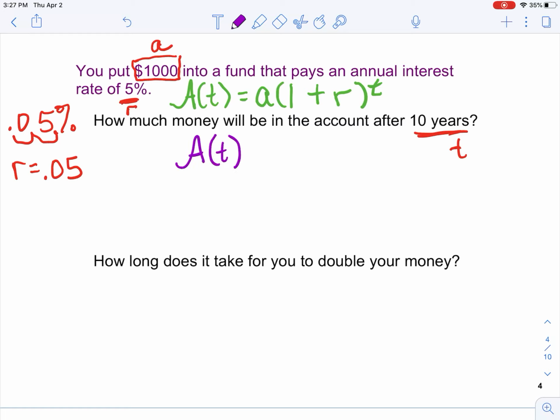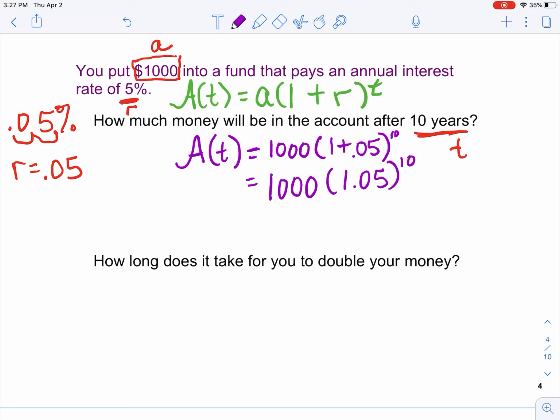A of t equals 1,000 times 1 plus 0.05 to the 10th power. Make sure that you put everything in the calculator exactly as you see it. You remember, you cannot multiply these two together and then take it to the 10th power. That is completely wrong. The only thing that's to the 10th power is the 1.05. So when you put this into your calculator, you should get